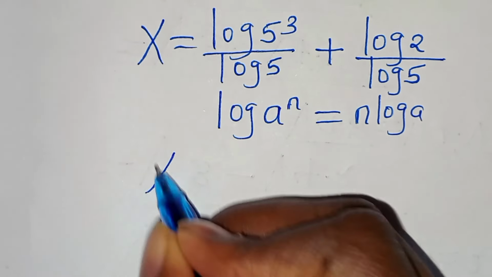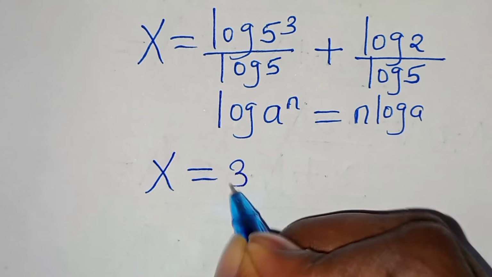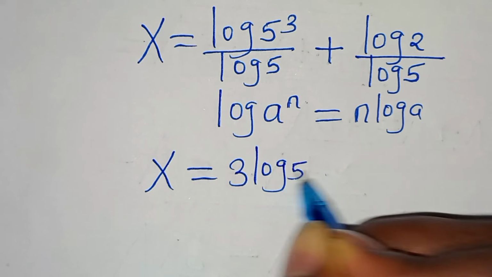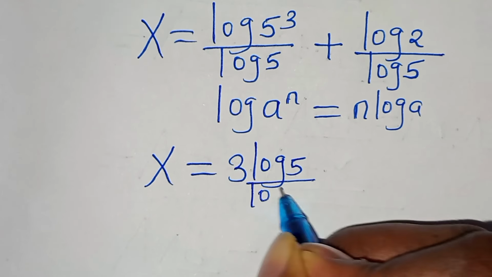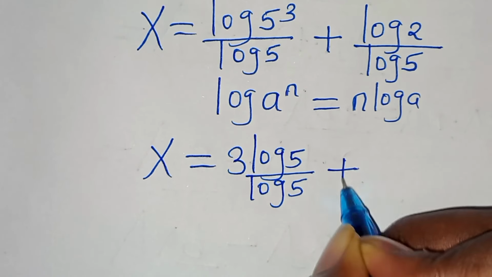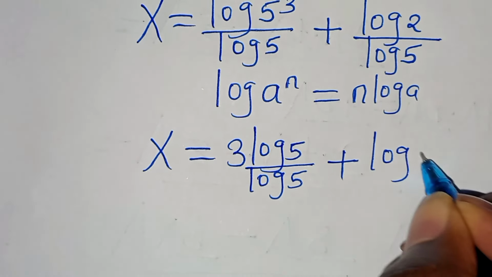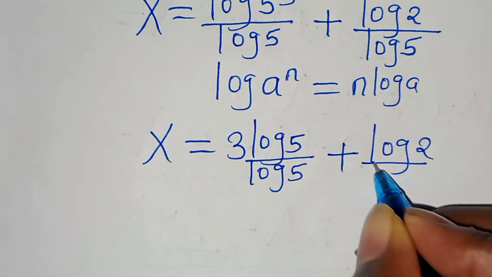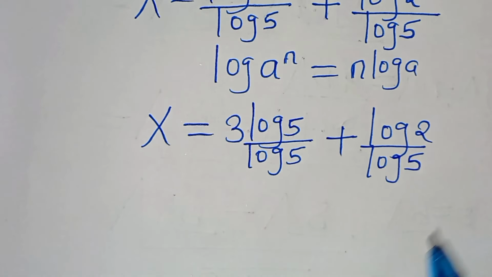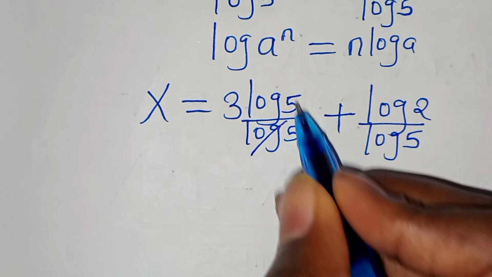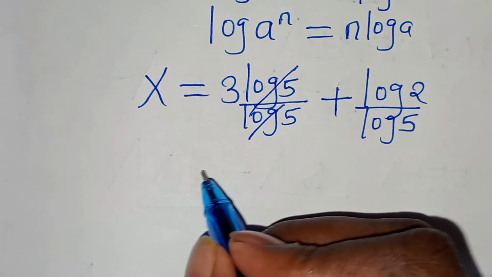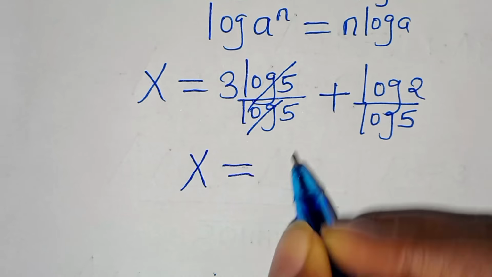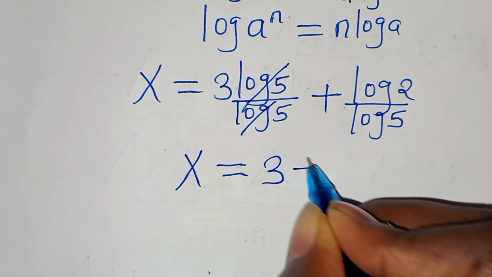So this means that x is equal to 3 log 5 divided by log 5, then plus log 2 divided by log 5. Now let's simplify log 5 and log 5, so that we have x equal to 3 plus